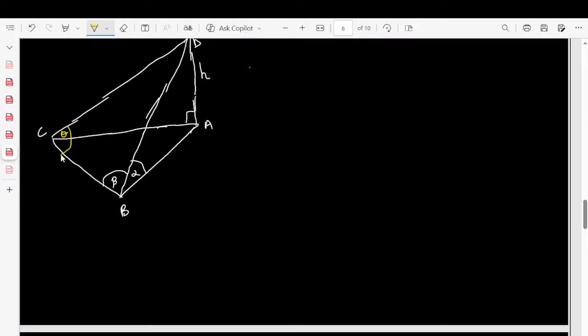Guys, the angle is not only for that small one, it's the whole angle. Let me just put it like this and say this will be theta, this whole angle. So let us prove that the question says show that